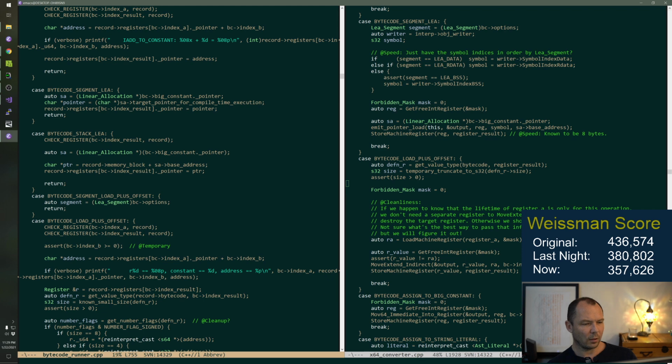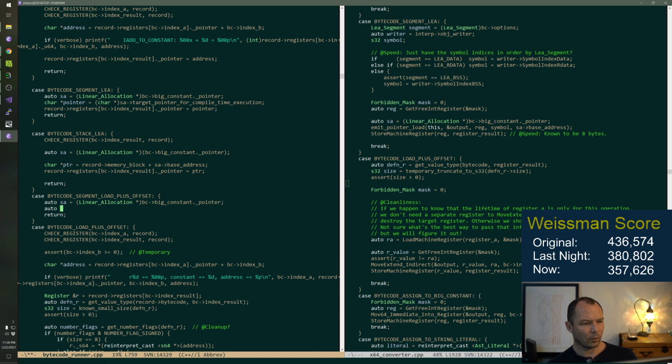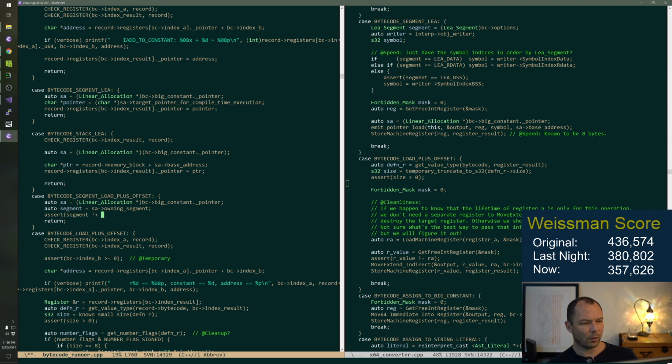We have stackly. We have segment load plus offset, which is going to look like segmently actually. Actually, we're going to do this. We're going to assert segment not equal to null.